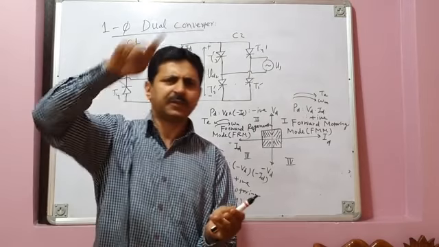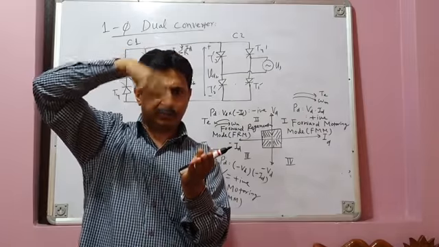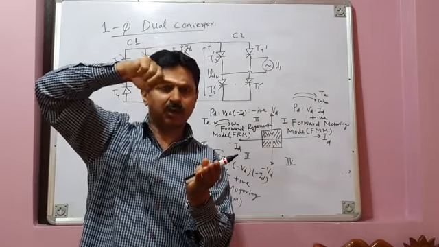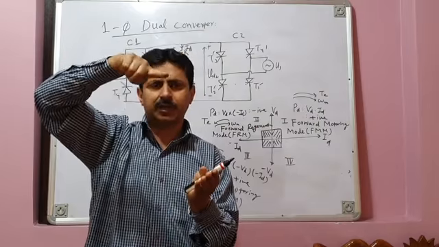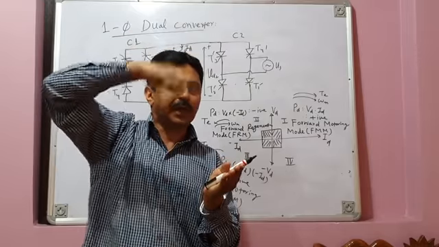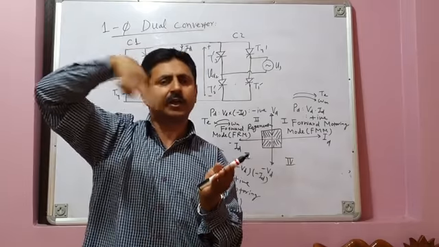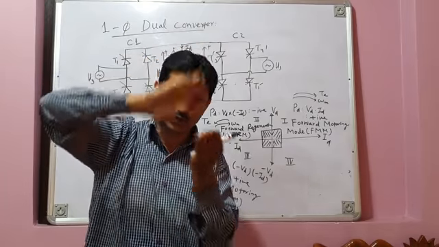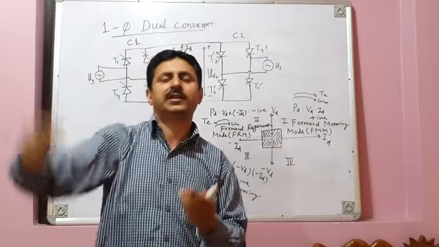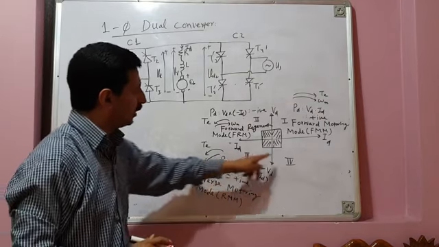And then after some time we again want the machine, which was running in the anti-clockwise direction, to run in the clockwise direction. So it is not possible to instantly make it go from anti-clockwise direction to clockwise direction. If it is running at a very high speed in the anti-clockwise direction, you have to slow it down and stop it first, and then it has to be run in the clockwise direction. So therefore it will go from quadrant 3 to quadrant 4.